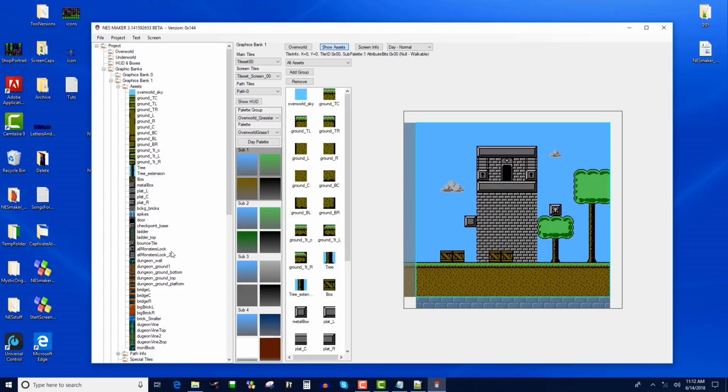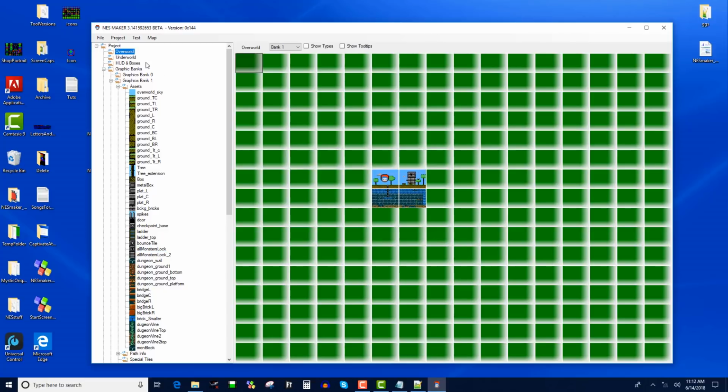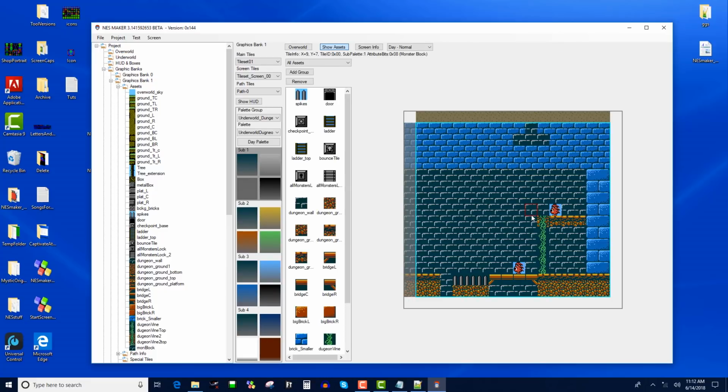What I want them to be is not monster locks at all. I want them to be, there's no monsters on that screen. So yeah, it's a monster lock. In fact, I'll show you where I'll use those. That's my fault. So I'm going to put a monster lock here, all monster locks here. A monster lock means that there's no more monsters on the screen. And I'll make that gray like that. And that's